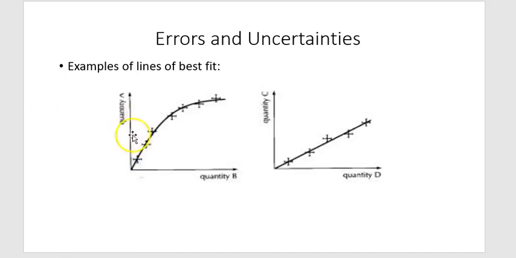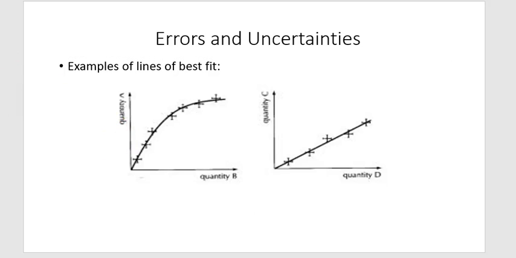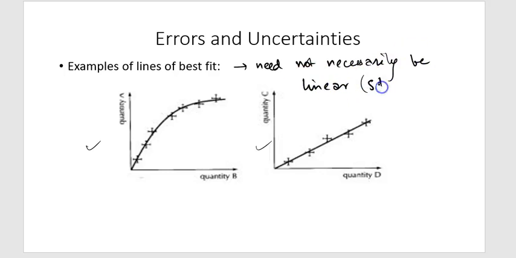Now, as we see over here in these examples, this one and this one, both these diagrams showcase lines of best fit. So that again tells us that lines of best fit need not necessarily be linear. And by linear, I mean straight lines,